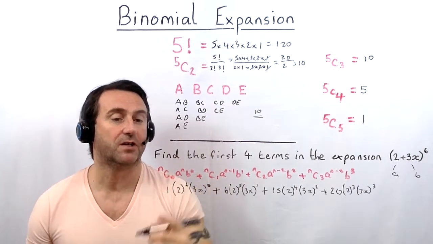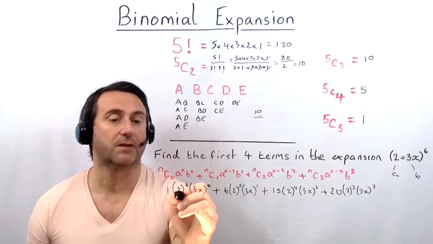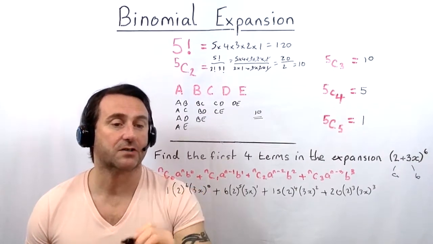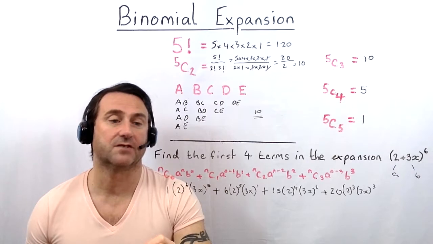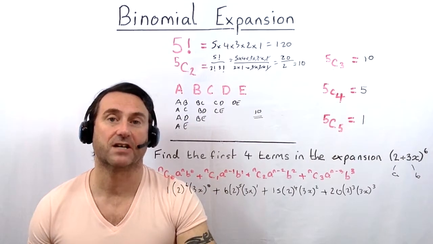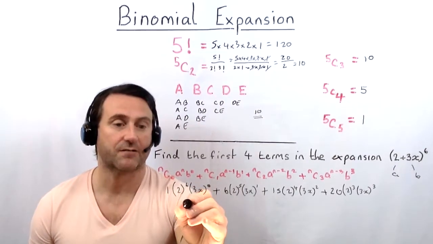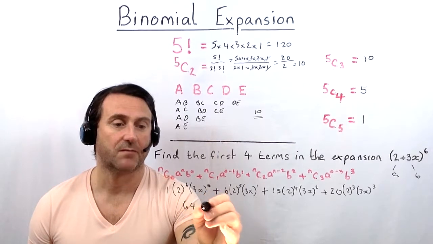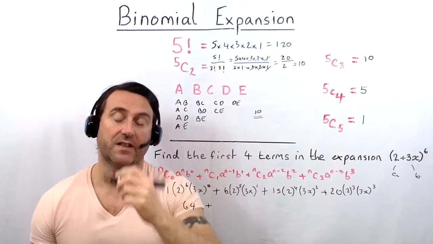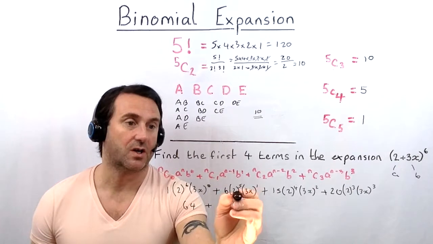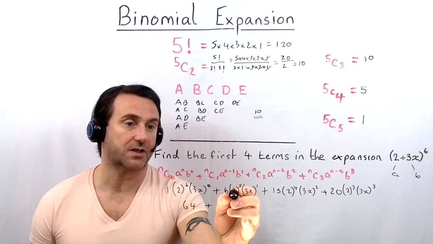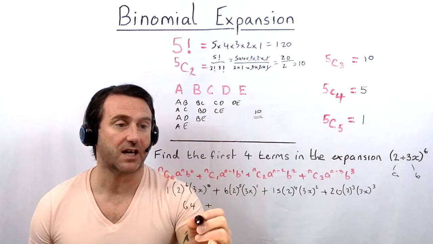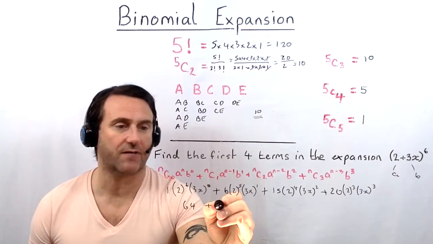If we simplify all these and tidy it up a little bit, multiply all these out, we're going to get 2 to the 6, which actually gives us 64, multiplied by (3x) to the 0, which is 1. So our first term becomes 64. We're going to then add that to the answer to 6 times 2 to the 5 times 3x. That gives us